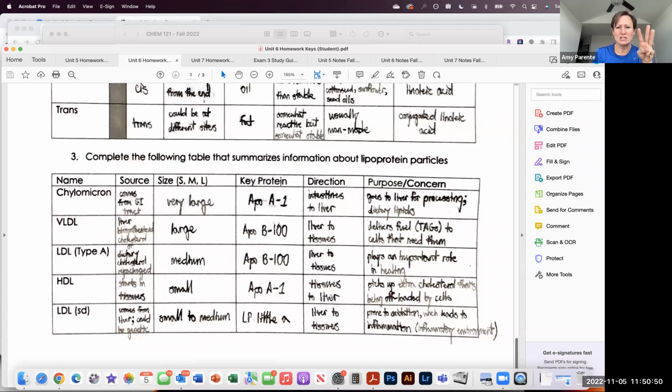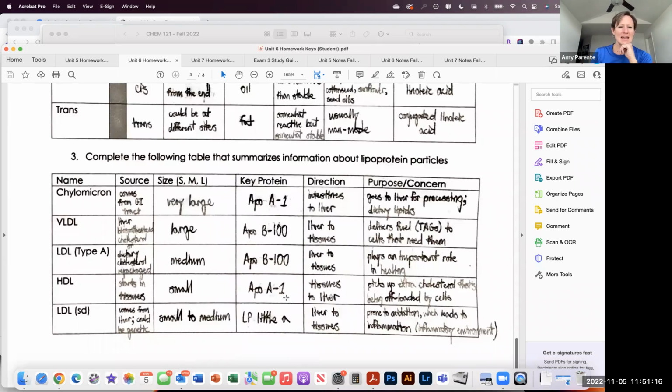There's 3 key proteins that we talked about. Two of them are involved in directing traffic, if you will. ApoB100 is found on stuff that's going from your liver out to the tissue. So that's our outbound cholesterol, if you will. And then the ApoA1 are inbound cholesterol. So that's taking a route back to your liver. And that's sort of important because if we are overloaded with cholesterol and we have too much stuff going out,